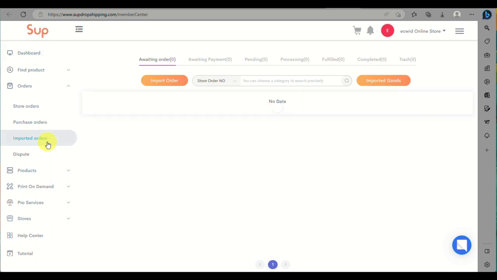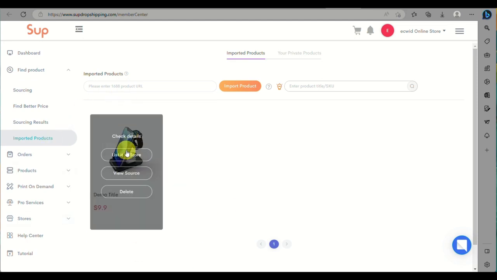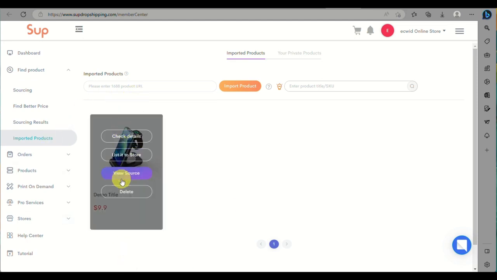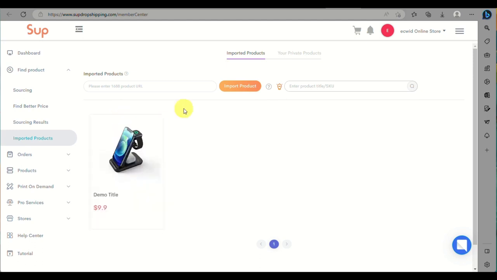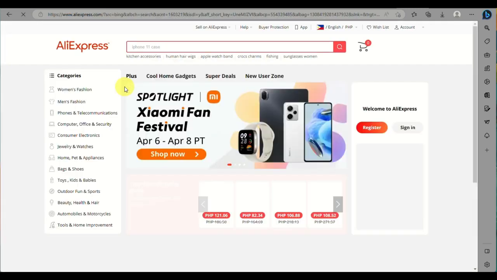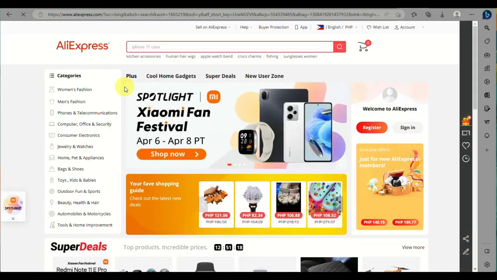Once you click on it, you will be routed to this page. Make sure that you go to Find Product and not under Order. On this page, this is a demo product, shown once you are fully successful with dropshipping the product. What you need to do next is go to aliexpress.com. This is where you will look for a product that you want to add into your